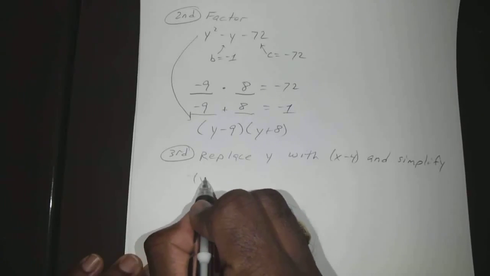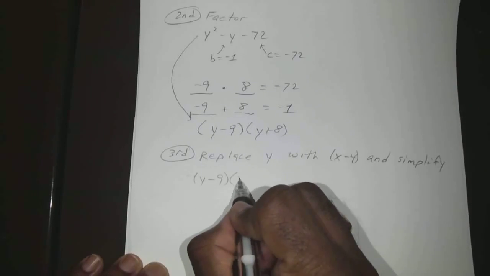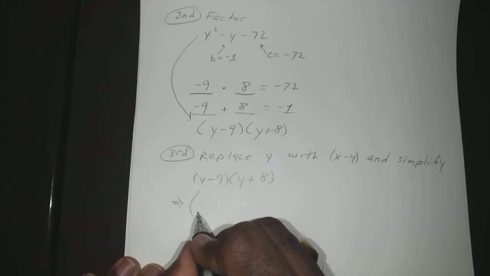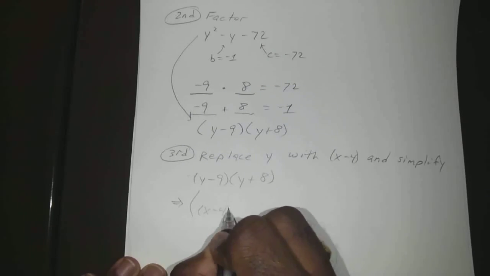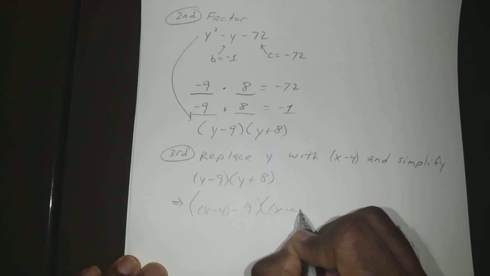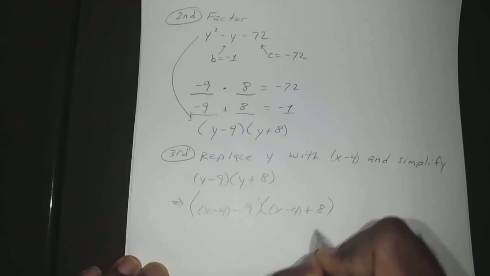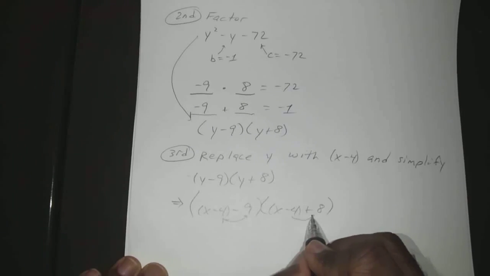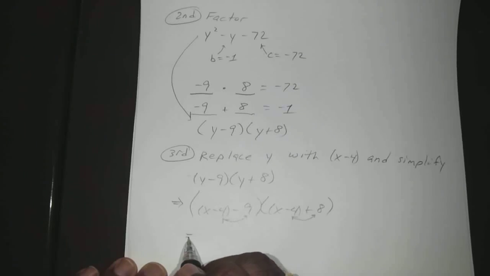So that means our y minus 9 times y plus 8 will now become x minus 4 minus 9 and x minus 4 plus 8. So once we combine those two, you have x minus 13